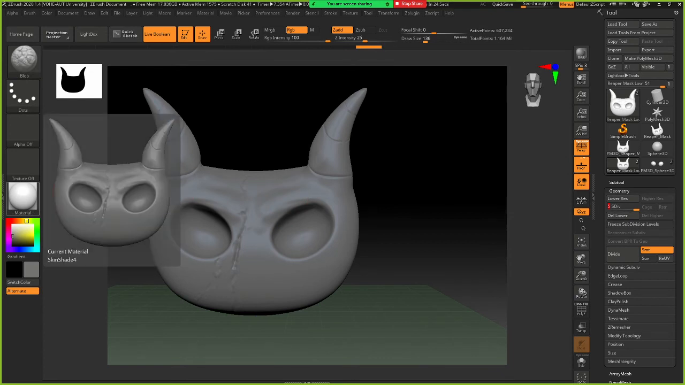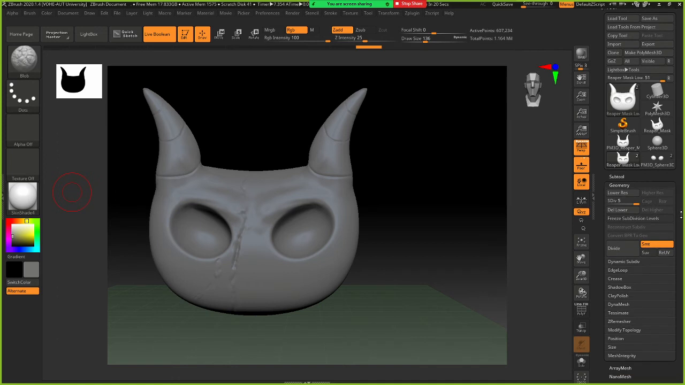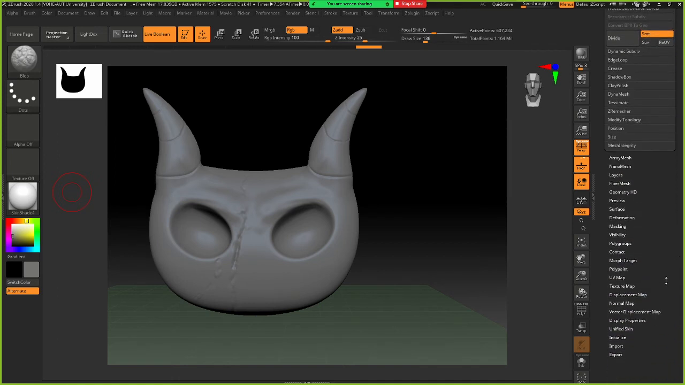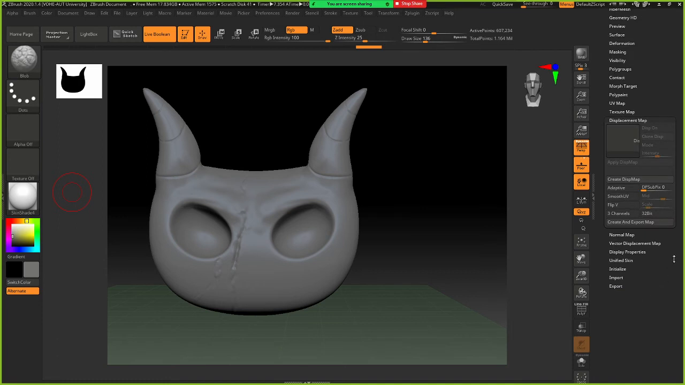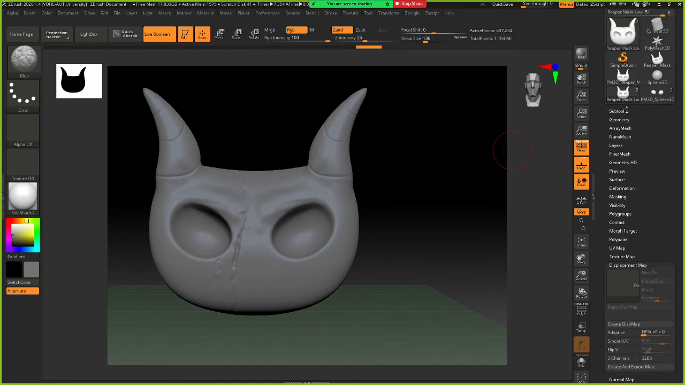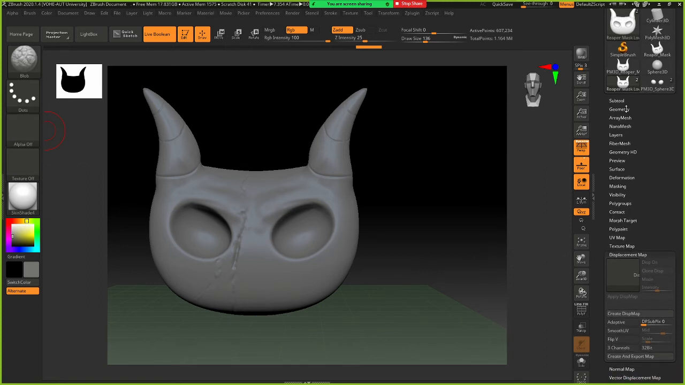Now, okay, now we're going to create a displacement map for our object. So you've got this displacement map part. This geometry has high resolution and low resolution as well. So when you want to create a displacement map, make sure that you are on the highest